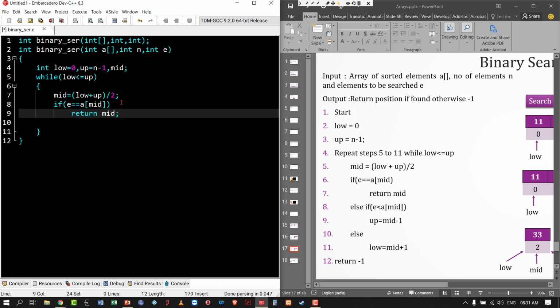In one algorithm I used to return 1 and 0, because if it is found I returned 1, otherwise I returned 0. Anyway, in the description I said it will return the position of that element. So that's why I am returning mid.